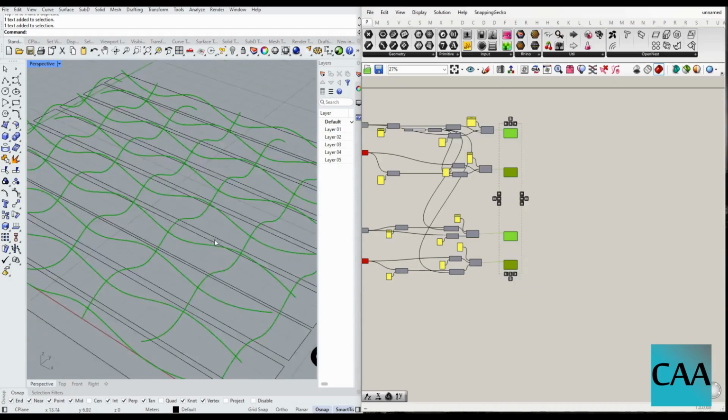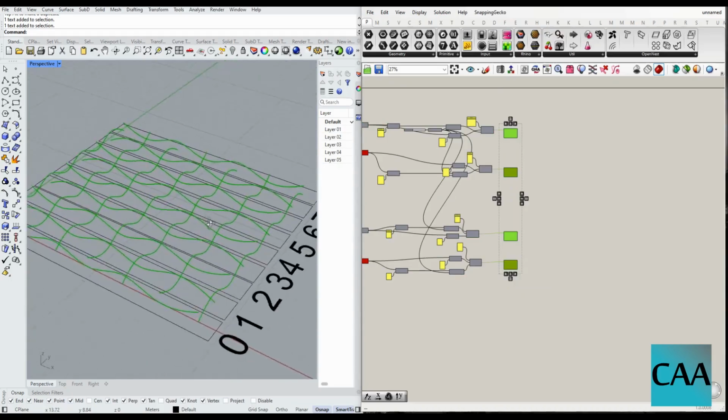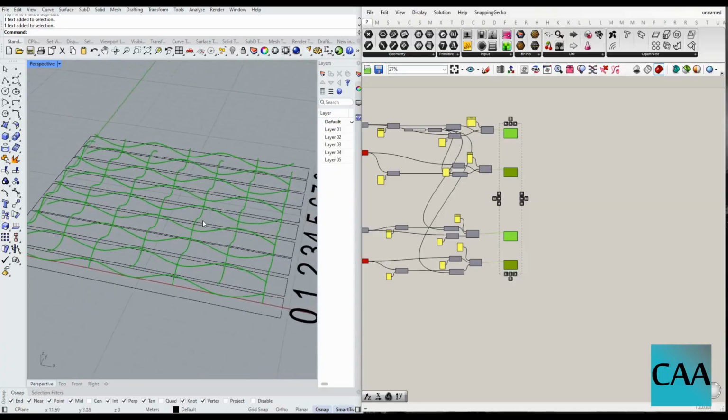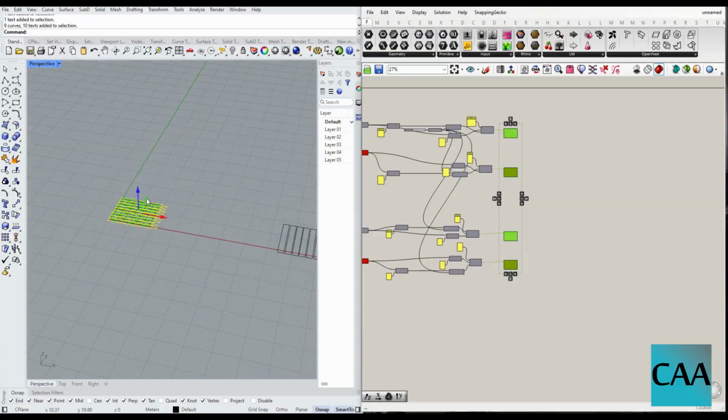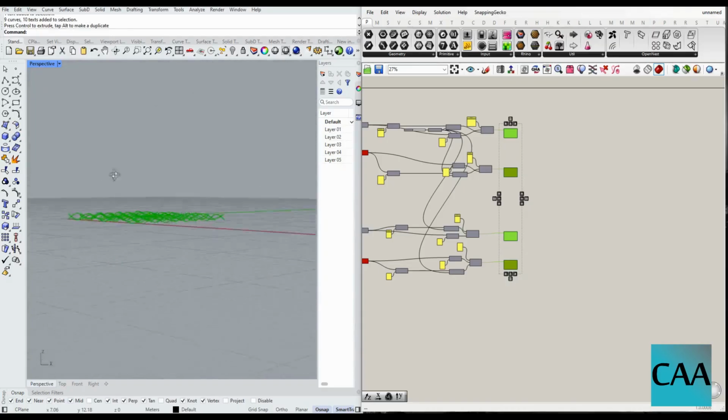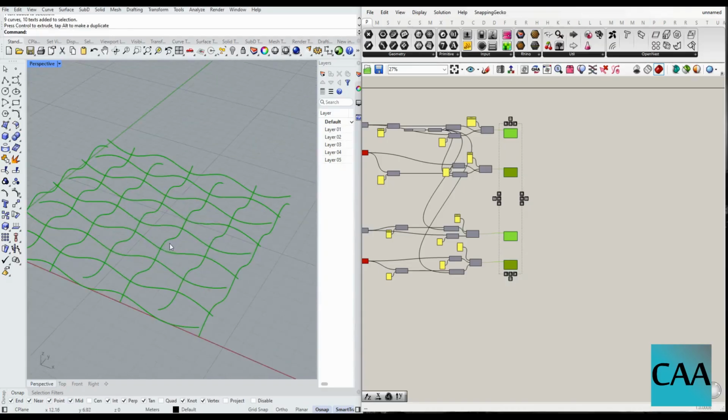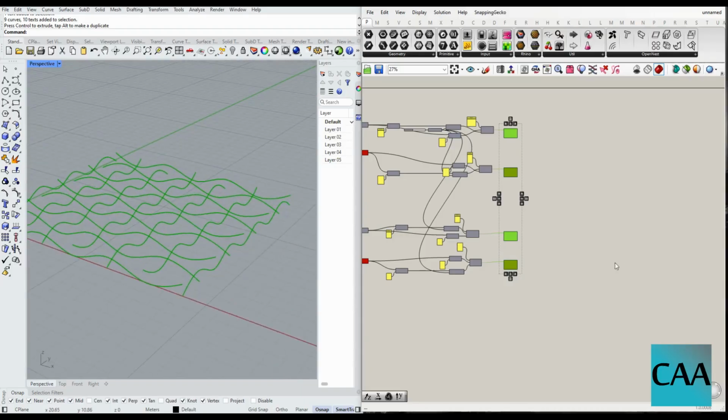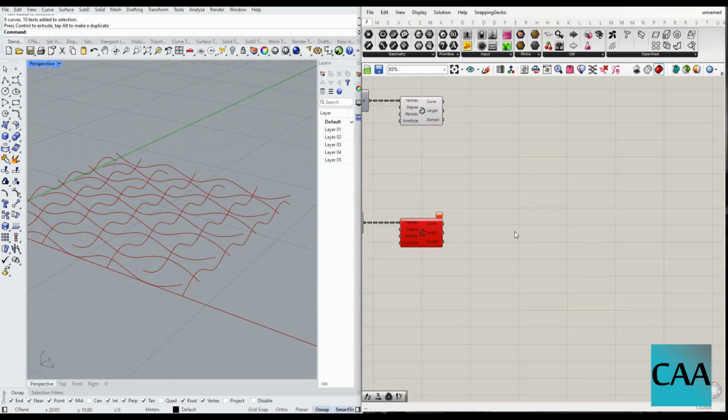But these 4 branches of curves, and now we drag on it and move this curve, and now we can see a woven form, and now we can connect all of them to